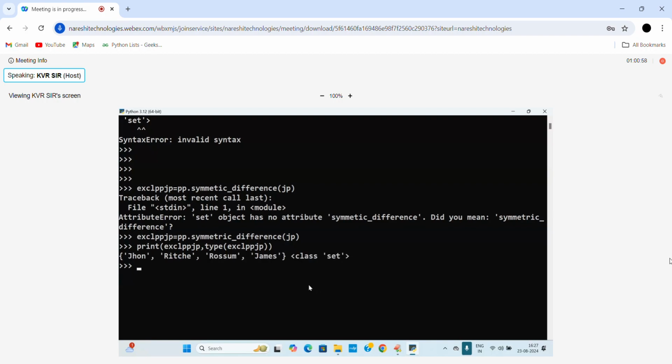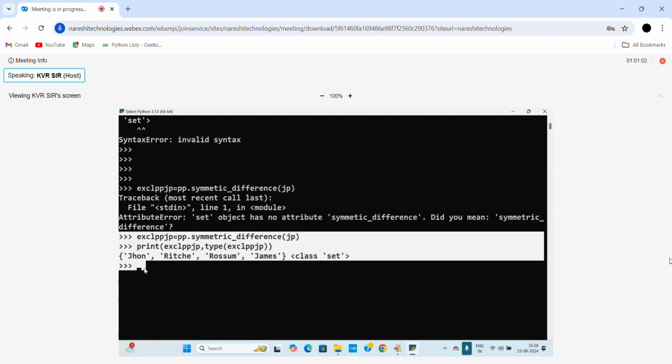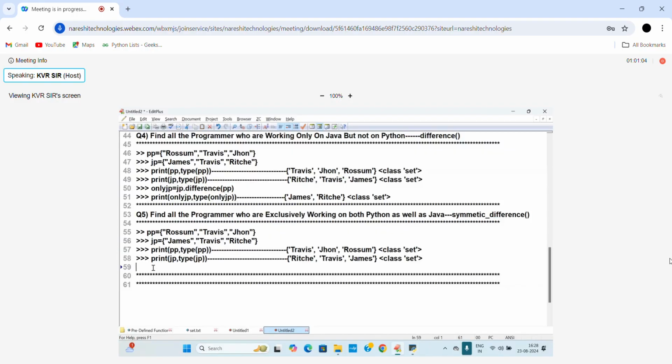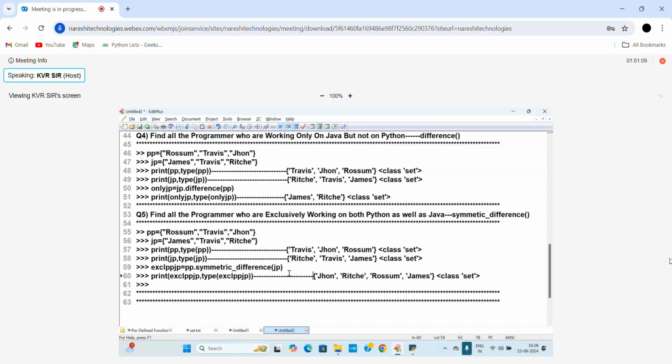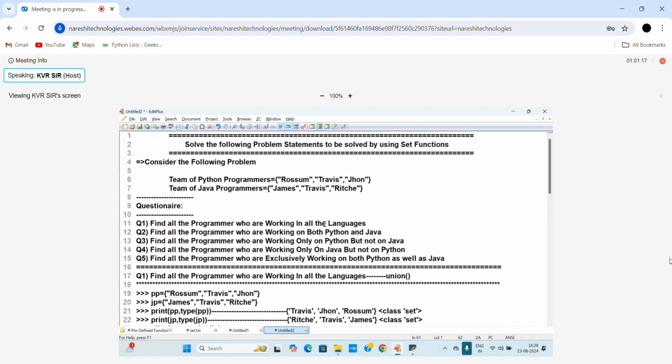You try to see that except Travis, the rest of them are coming. Are you following me? Yes, this comes under the concept of symmetric difference. Is it clear? Yes. This is related to the set related functions. But actually, the question was